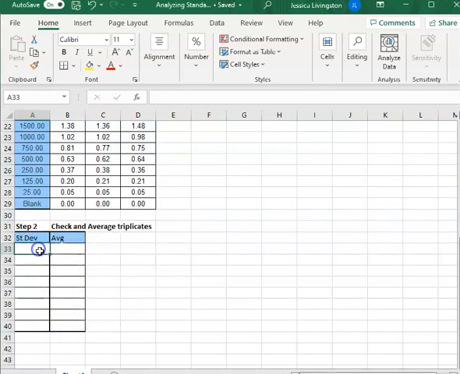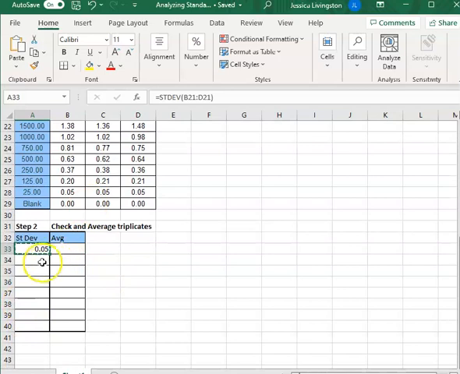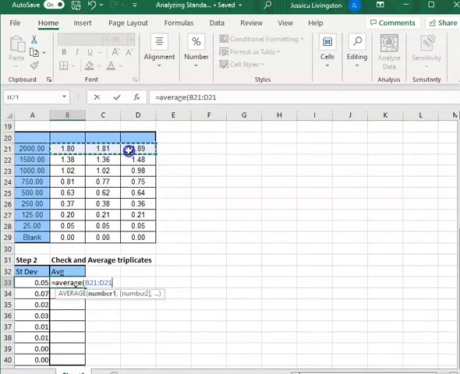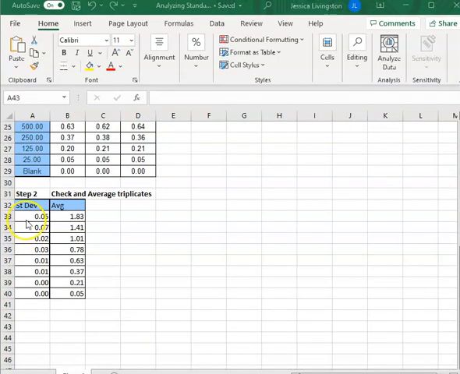So I just set myself up a table to do this, and the way that I'm going to check my triplicates is to find the standard deviation. And I'll just do that for all of them. And then I'm going to find the average. Okay, once you've checked that your standard deviations are within an acceptable range and you've calculated your averages for all of those values,